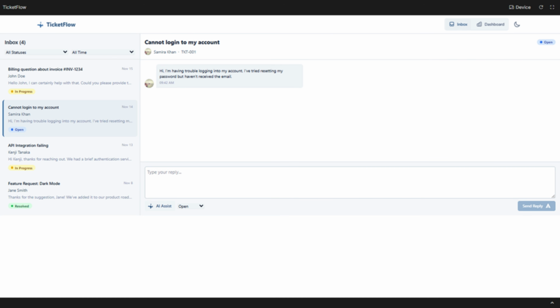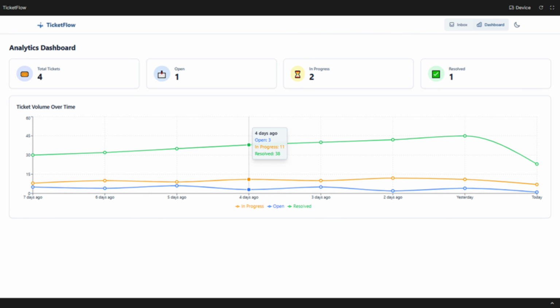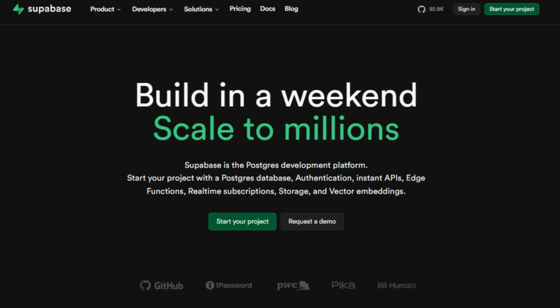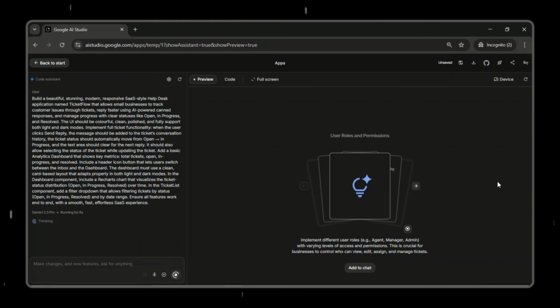If you've ever wanted to build a real web app with Google AI Studio that actually stores data, manages users, and feels like a real SaaS product, but you always got stuck dealing with back-end complexity, this video is for you. In today's video, we're building a complete, fully functional help desk application called Ticketflow. We will use Google AI Studio as our front-end builder, connect everything to a real Supabase backend and database, and bring the whole app to life with tickets, conversations, analytics, and AI-powered replies, all without writing a single line of